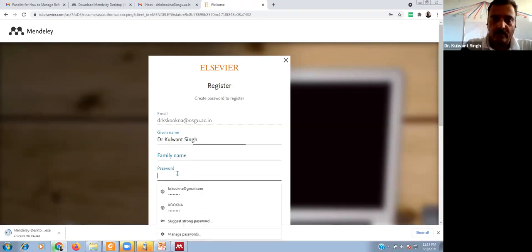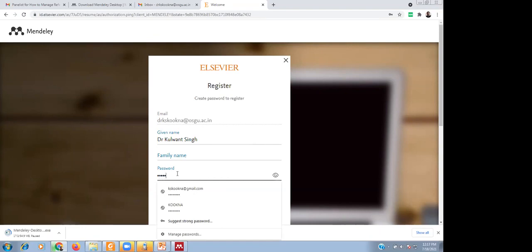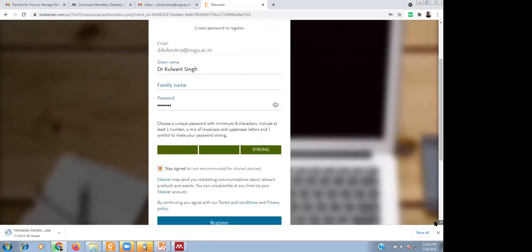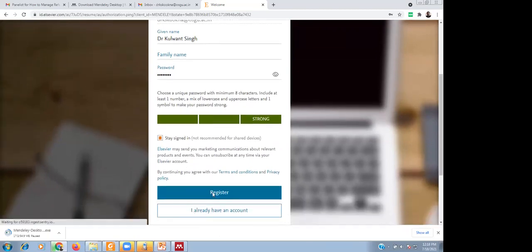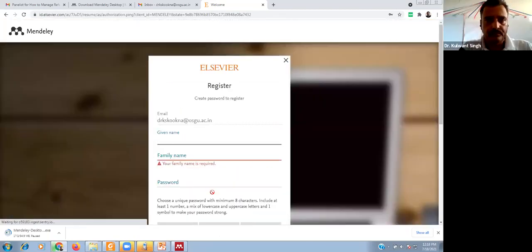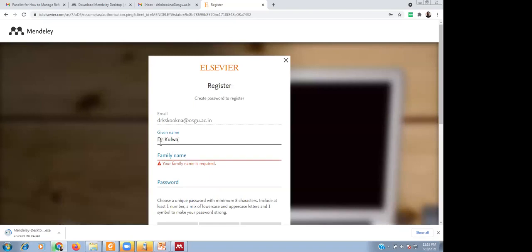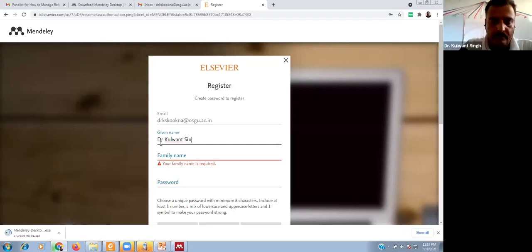You have to create your password, and then click on Register. Okay, I think I missed the family name.